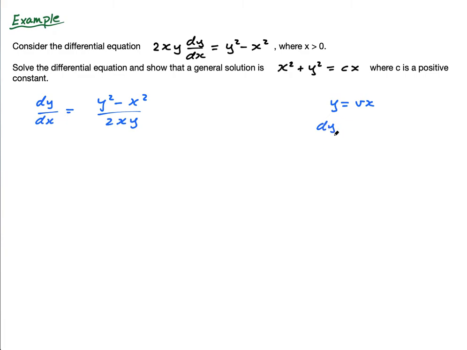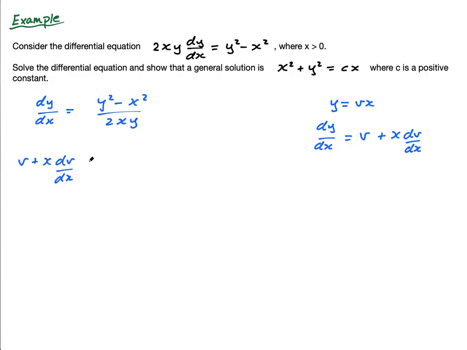So if y is equal to vx, the derivative is, now I have to use the product rule here because v is a function of x itself. So I have to say this times the derivative of this, plus this times the derivative of this. So you end up with v times 1, because the derivative of x is 1, plus x times dv/dx, because the derivative of v is dv/dx. So this is my dy/dx. So instead of dy/dx, I'm going to write v plus x dv/dx